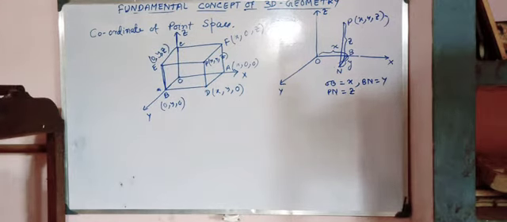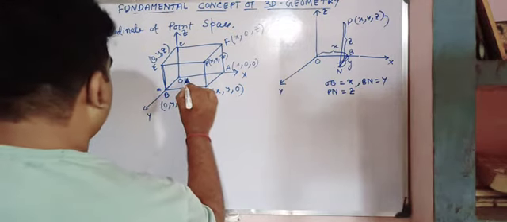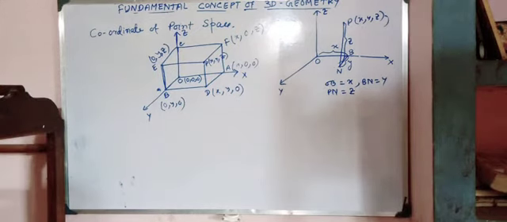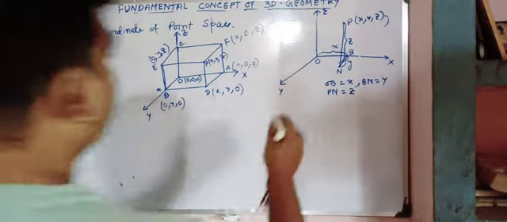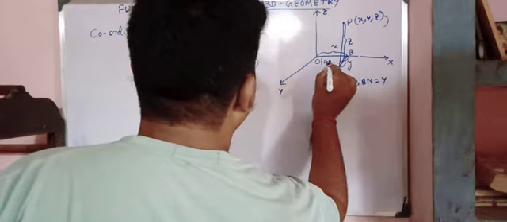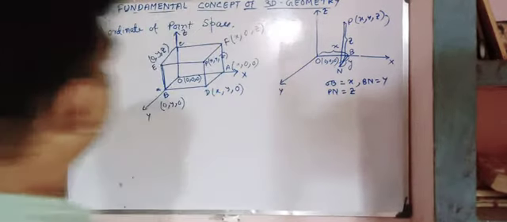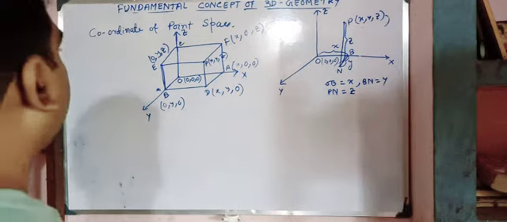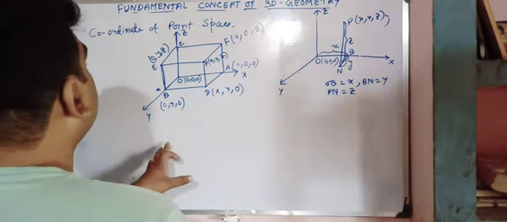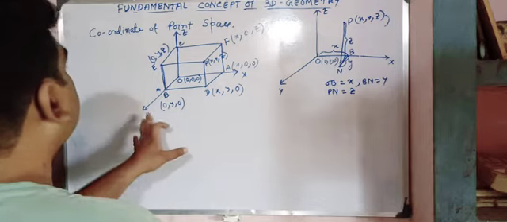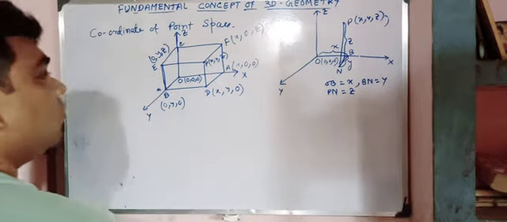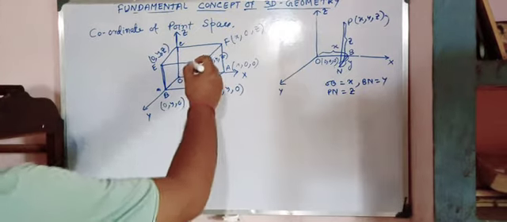So I hope you understand how I can plot it out. And obviously this is the origin, so the coordinate of the origin should be 0, 0, 0. That is, the x value is equal to 0, y value is equal to 0, and z value is equal to 0. So I hope you understand how I can plot it out and how I can take the coordinates with respect to the points of each corner of this cube. Now this point is equal to this P.